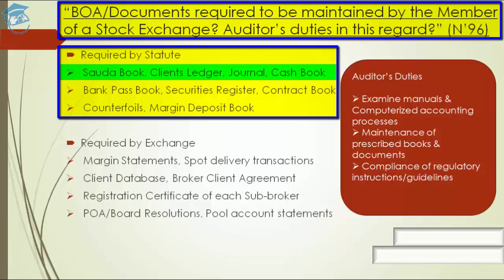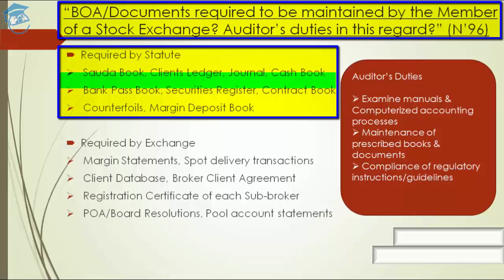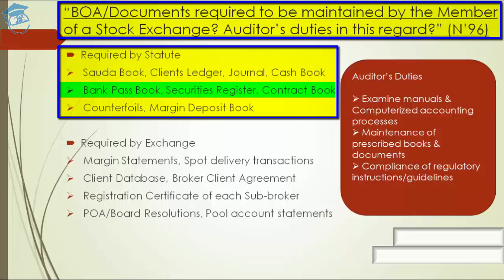So the member is required to maintain various books as per the SCRA Act and rule number 17 of SEBI. Number 1 is transaction register. I simply mean by that the Sauda book. So that's the transaction register, the daily transaction list. Then comes client's ledger and general ledger. Then journal and cash book. Then bank passbook. Then comes securities inwards, outward register for purchase and selling of shares and securities which are received